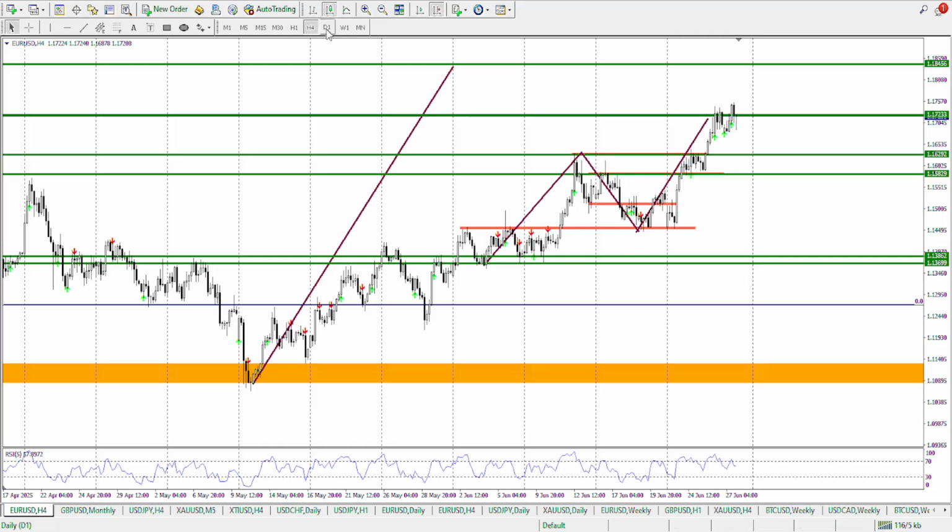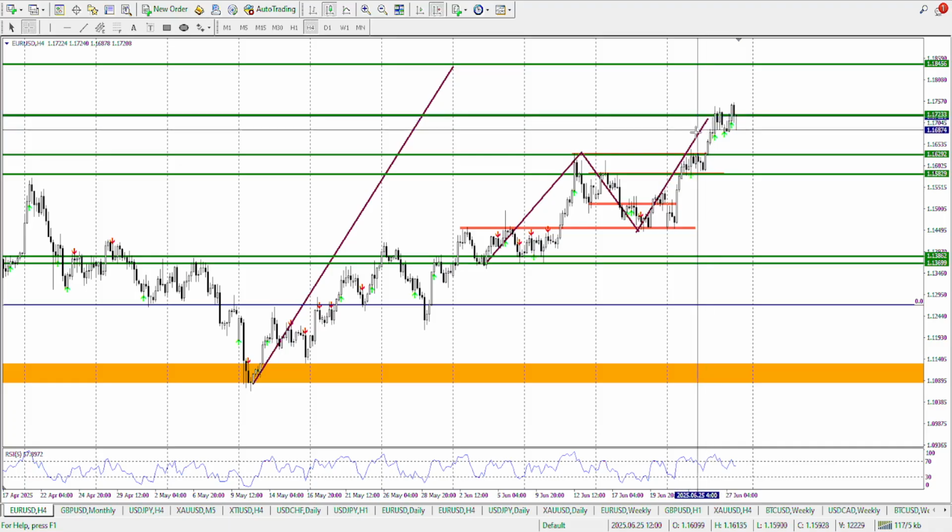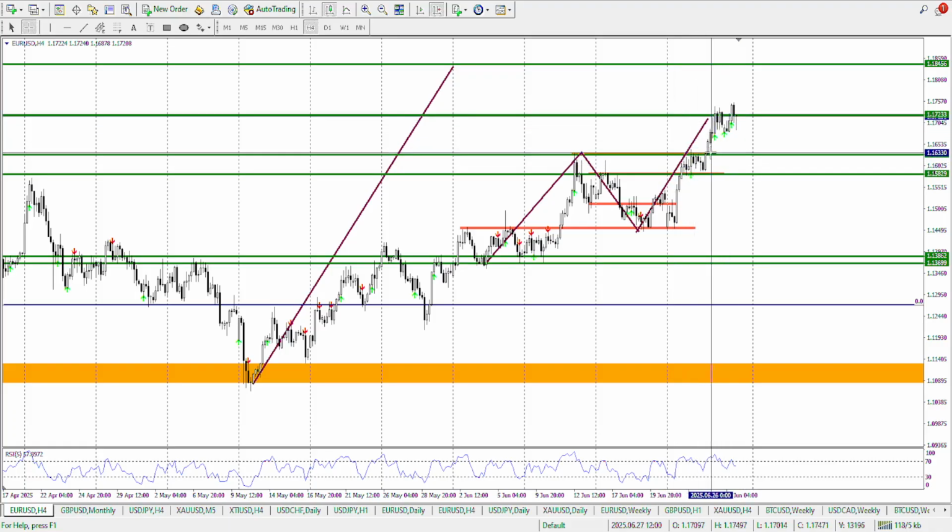So starting with the euro US dollar, last week I was mostly neutral on this one, and not just last week but even before that, and even when we got a break of structure from 1.16292, I didn't touch it for trading. And the reason is, I already discussed it last week as well, that this market,